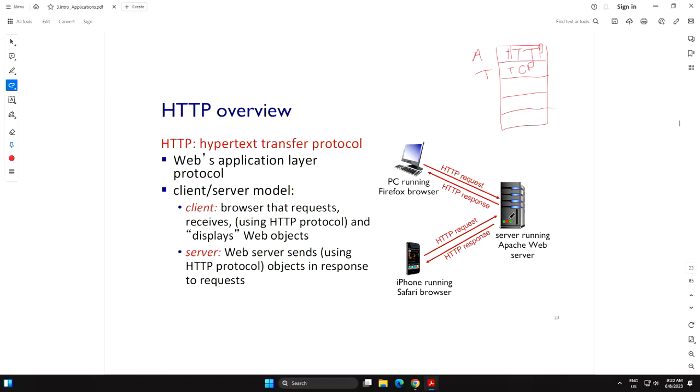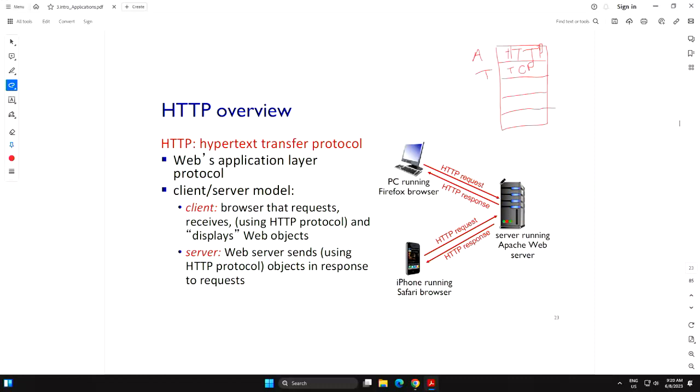But here, as you can see, if you are running HTTP, then you have to run a server code in a server somewhere in the internet, and the clients will run the browser, which is the client, and they send the HTTP request for an object. We'll talk about the object. And the job of the server is basically to deliver that object to the client. It's as simple as that.